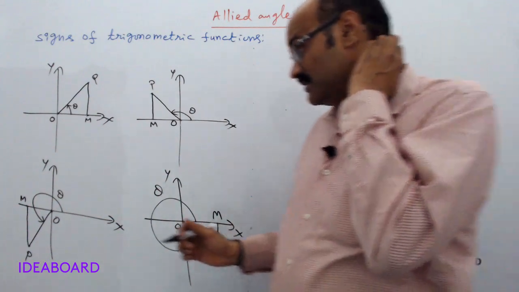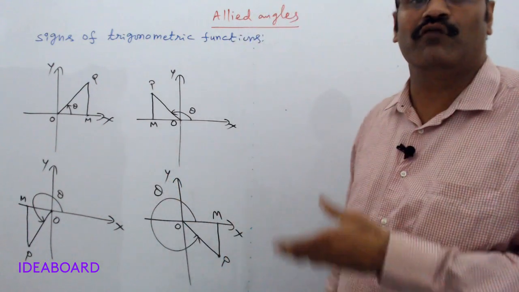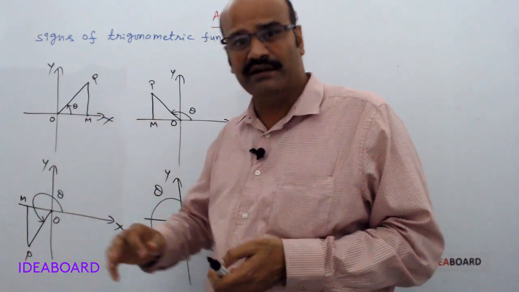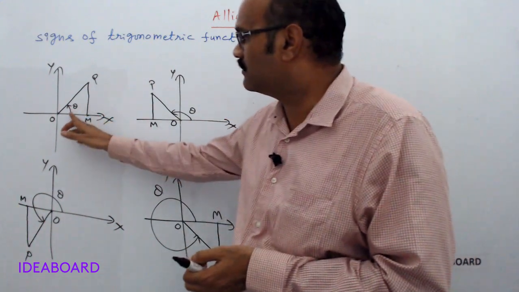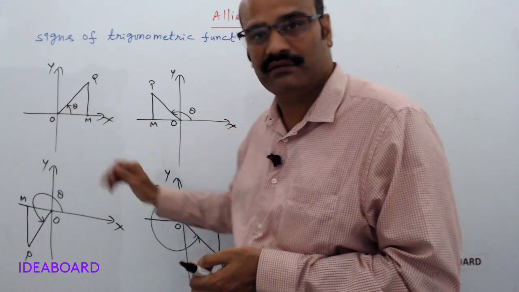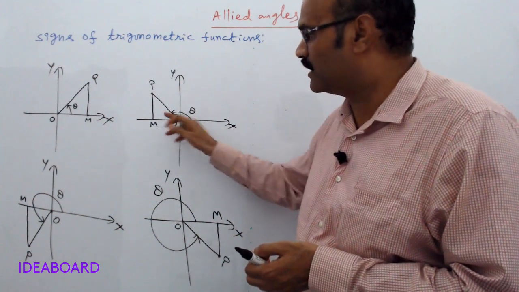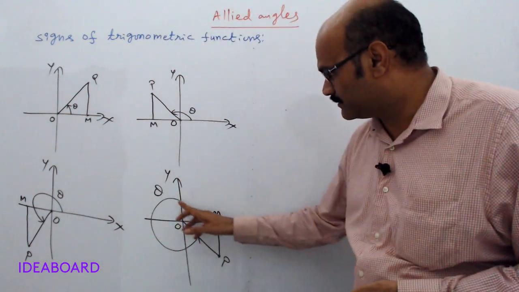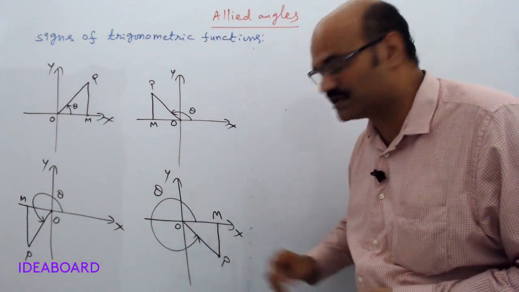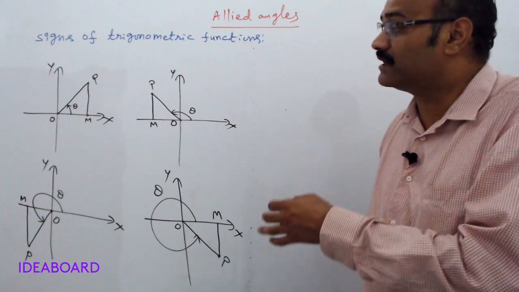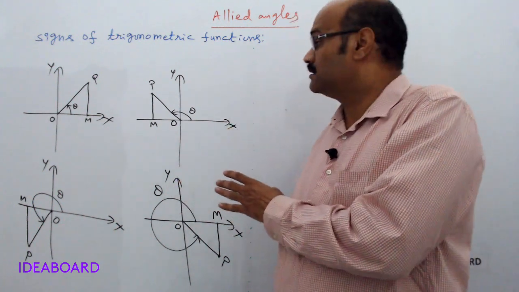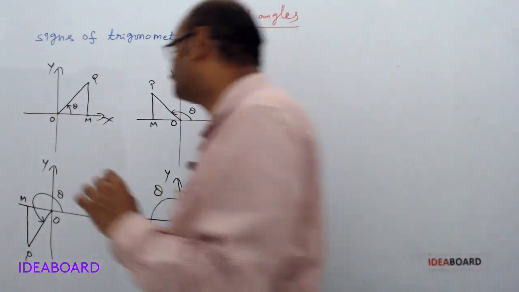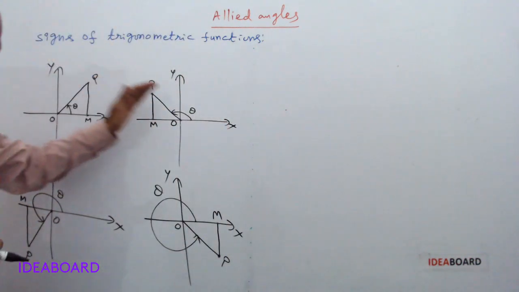In the previous class, in the beginning, we defined trigonometric functions only in a right angle triangle. There, theta is acute only. Here, theta lies between 0 and 90. Here theta lies between 0 and 180. Here theta lies between 0 and 270. Here theta lies between 0 and 360. So we are going to define the trigonometric functions of angles of any magnitude. Now here, in all the cases,